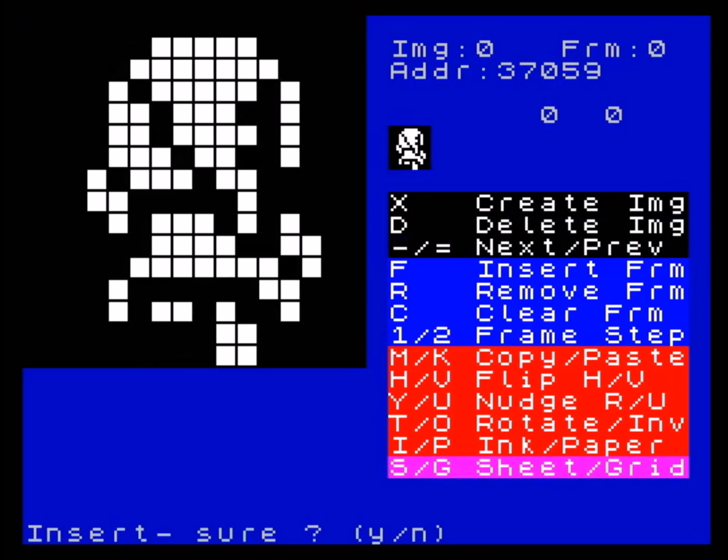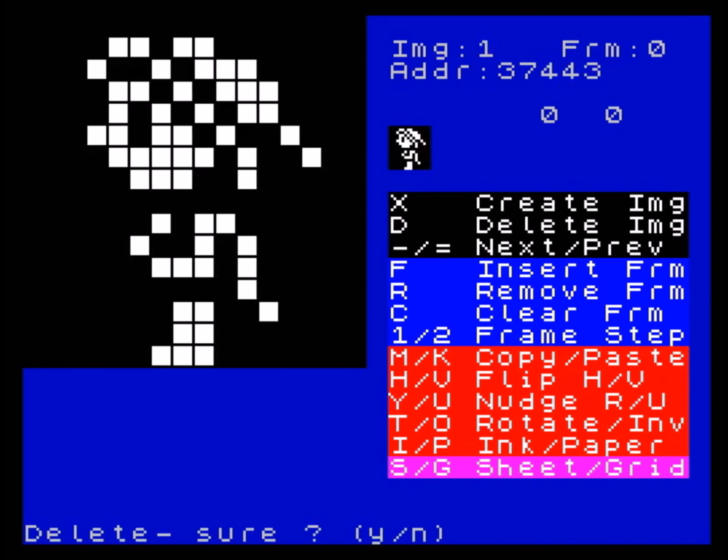You can press F to add a new frame. You press D to delete the sprite, although of course you can't delete image 1, so that's why that happened. Any image other than image 0 you press D to delete,